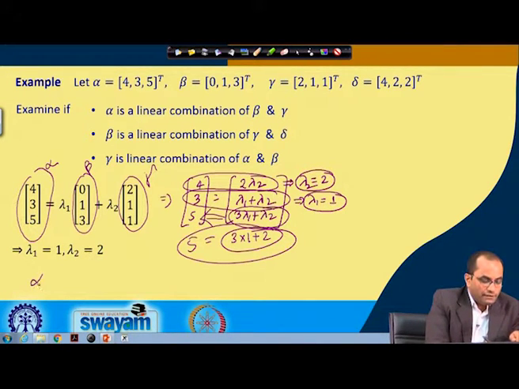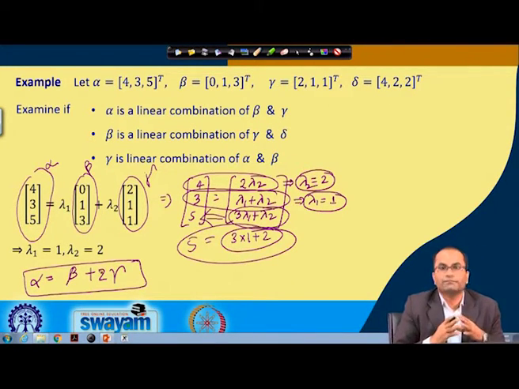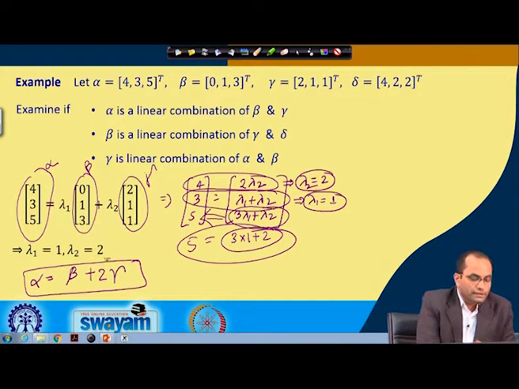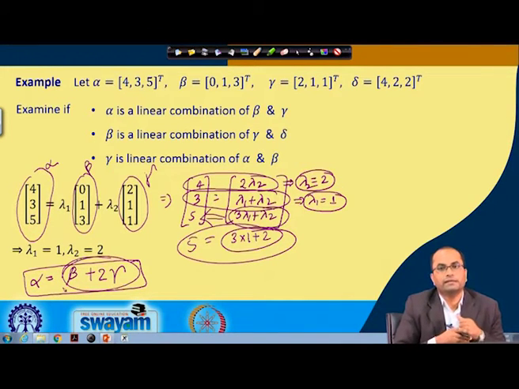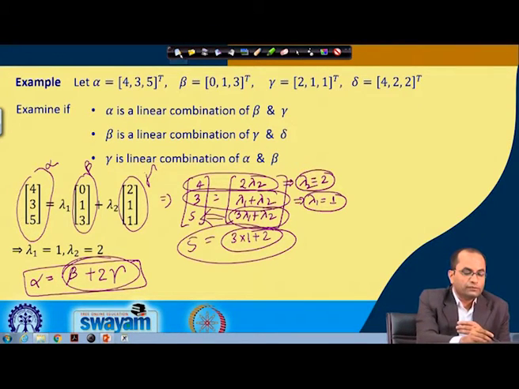That means we have alpha equal to lambda 1, which is 1, times beta, plus lambda 2, which is 2, times gamma. So, we have this relation between alpha, beta and gamma: alpha is equal to beta plus 2 times gamma. So, naturally, alpha is a linear combination of beta and gamma, which we have seen in this example. Now, we will check for the second one,